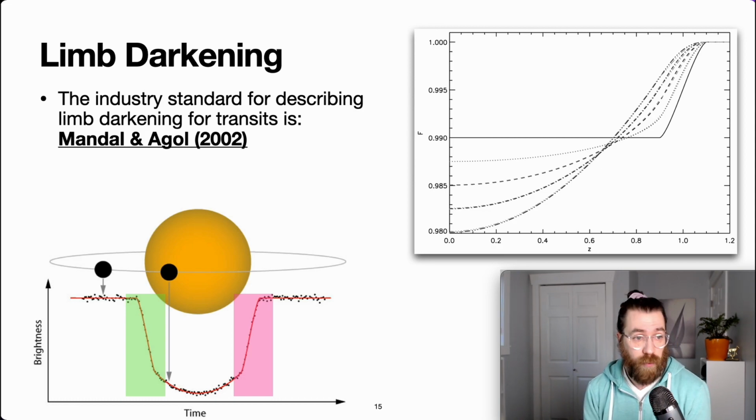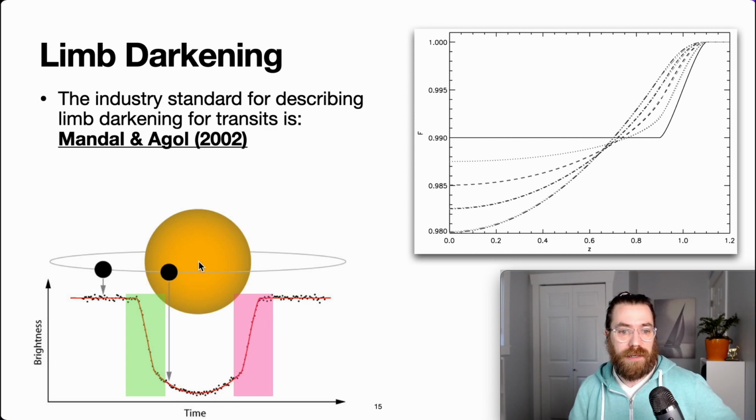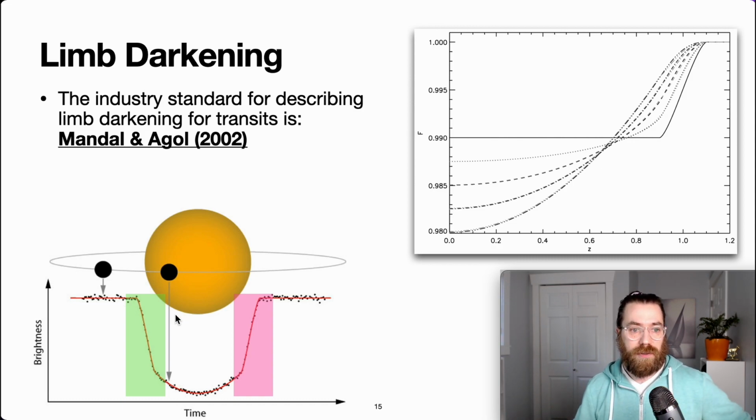Since it's been around now 20 years, it has something like 1,500, 1,600 citations, because every piece of code, every person who studies exoplanet transits, which a lot of people have in the last 20 years, uses this model because it is an extremely good approximation or description of limb darkening, and it does it all analytically. And this is why it's so powerful: it doesn't take some measured model from the sun and apply that. Instead, it uses the solar model and fits analytic functions, like some series of sinusoids and things that the computer can calculate very efficiently,